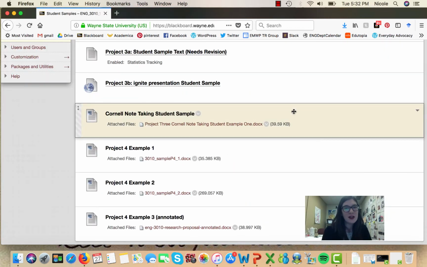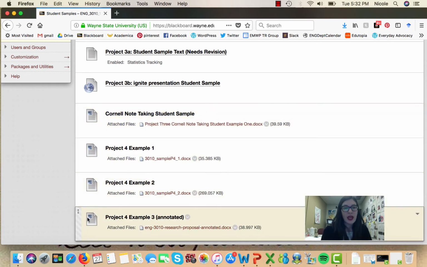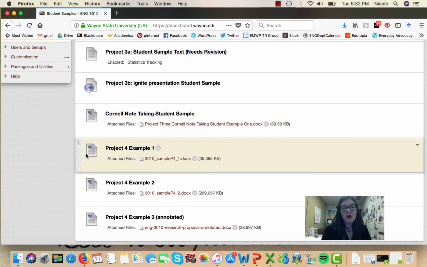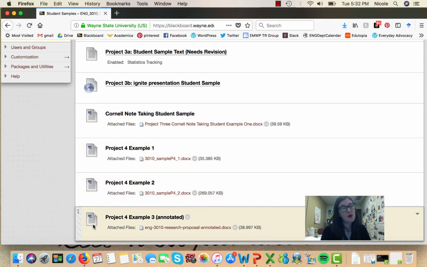Okay, so the last thing I want to show you before I close out this week's video is I want to take you to the resources folder and point out that I have both a sample of Cornell notes, which we'll look at in just a second, but I also have 3 sample Project 4s that you can look at. This one here, example number 3, has a bunch of really helpful annotations put in there by my fellow instructor, Alinka. And this has really great explanations in those notes to kind of help you conceptualize what is going on with Project 4, what it should look like, why things are the way that they are.